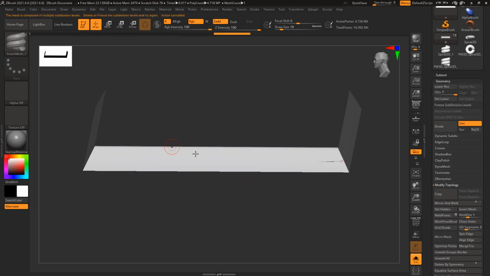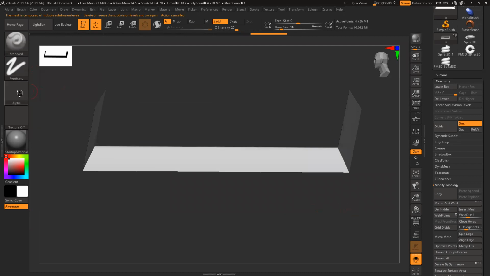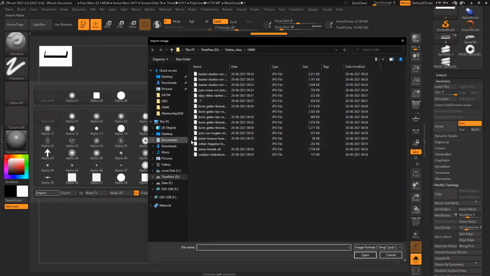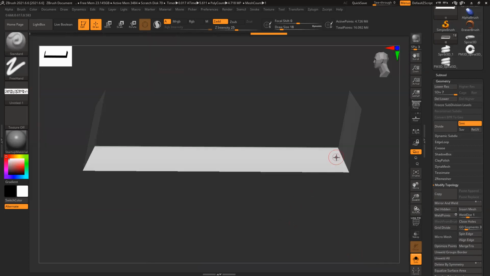Oh, my bad. Now I have to go back to my standard brush. Then I can use freehand brush and import that alpha desktop. And click here and hold shift and drag it like this.